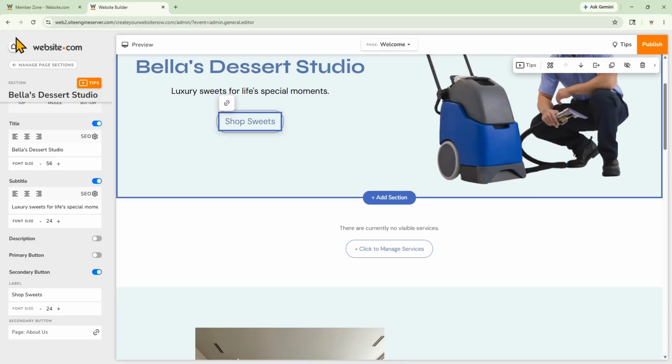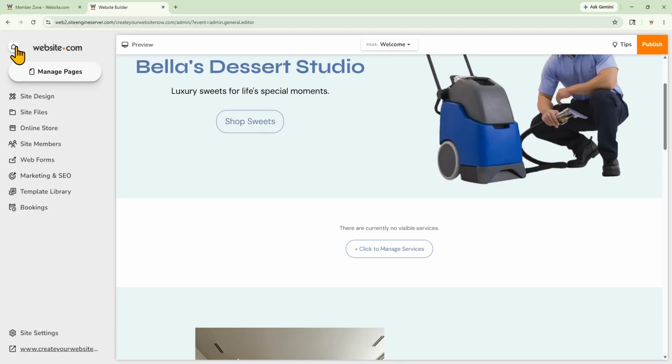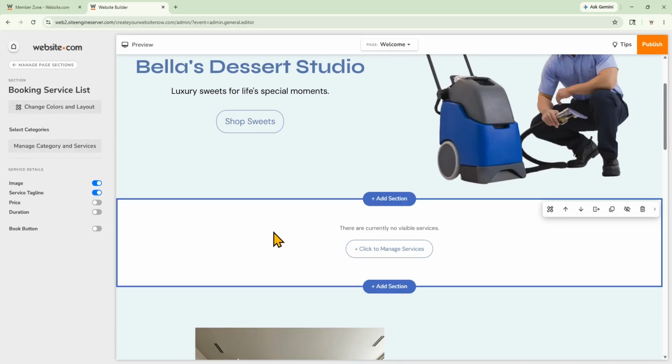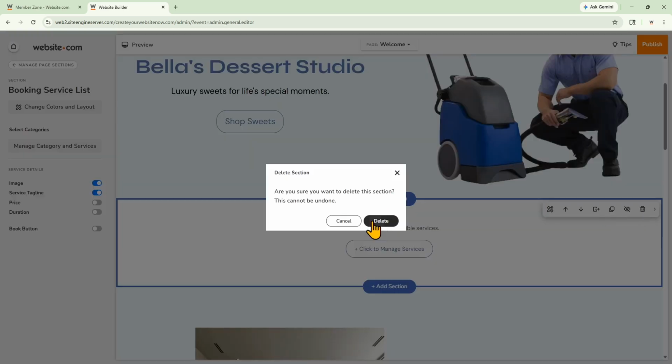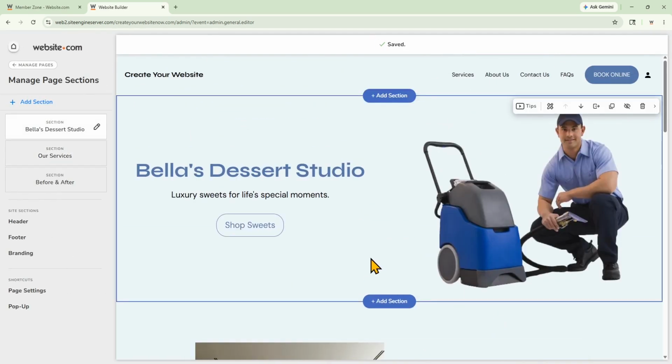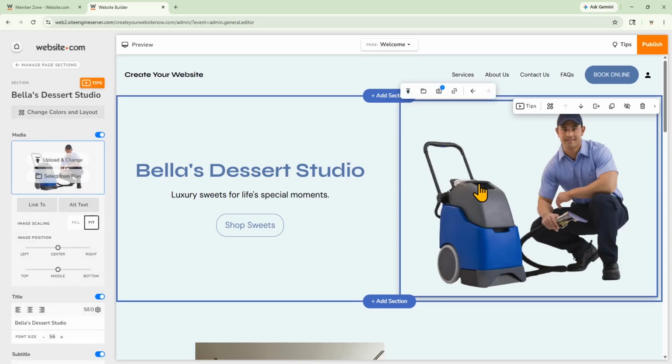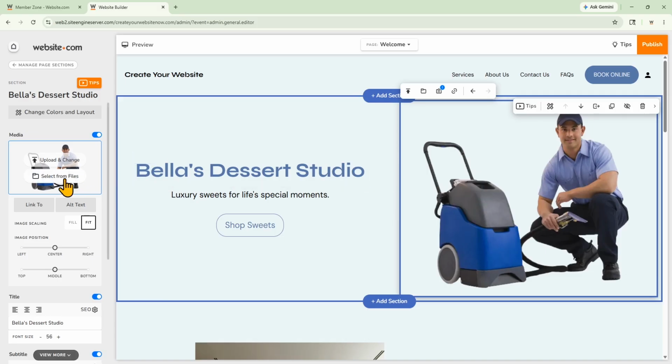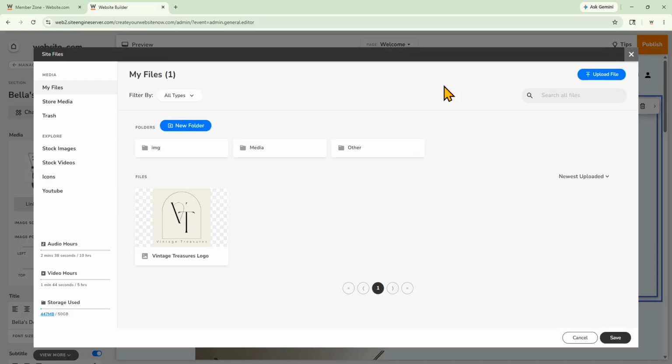This template also came with online booking, and I don't want to have that. So I can click right on this section and then delete this section. So for a minimalist design, let the product photography do most of the work. If you don't have your own branded photography yet, you can choose from the copyright-free stock images that are included for free with your Website.com plan. So if we click on this image, you can change it by going select from files, and you can upload your own images to your file manager by clicking on this button. But we're going to explore the stock images.